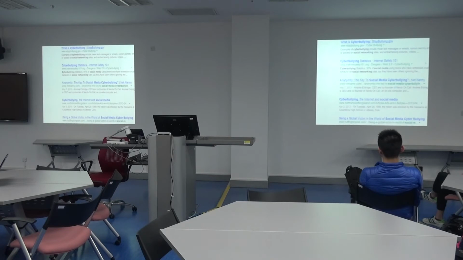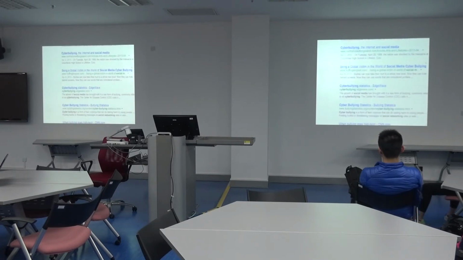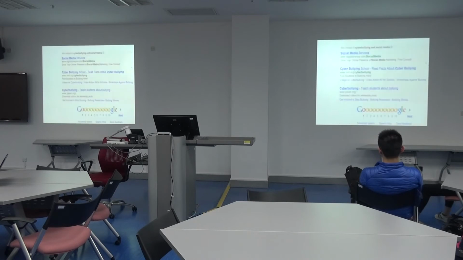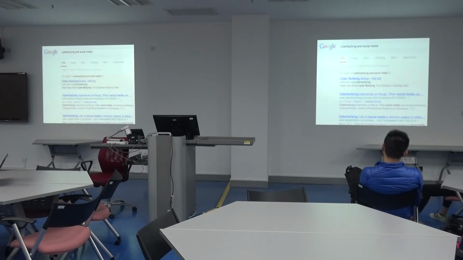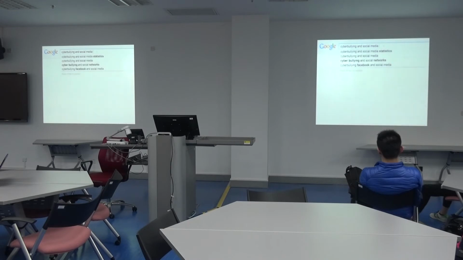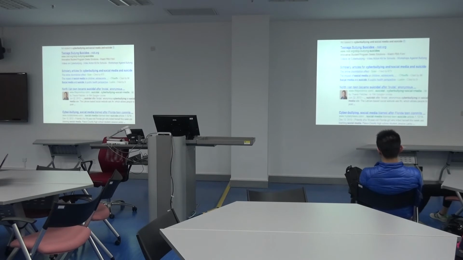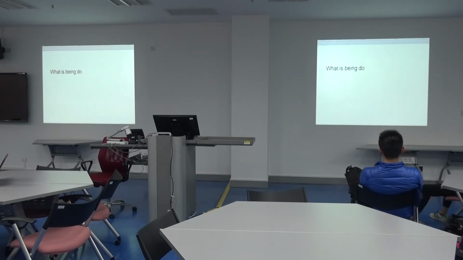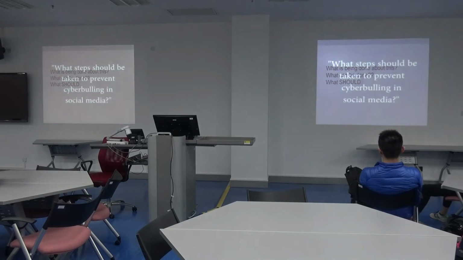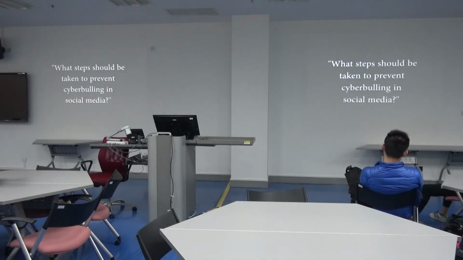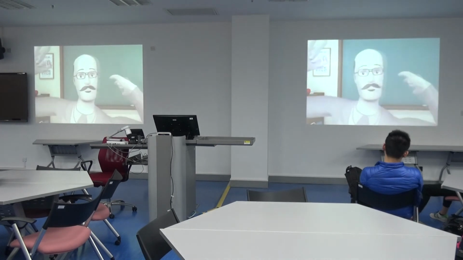For example, let's take a quick look around Google for cyberbullying and social media. Well, looky here. Seems cyberbullying and social media has caused suicides. That's some serious stuff. What's being done about this? What can be done? What should be done? Wait. Do you feel the topic sense coming? Maybe something like, what steps are being taken to prevent cyberbullying and social media? Dang,